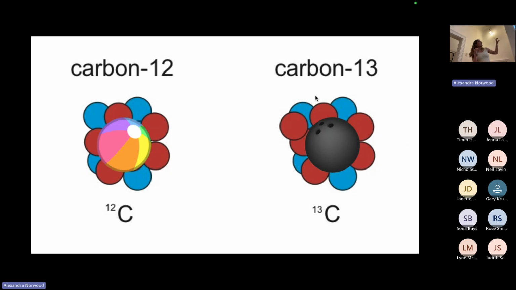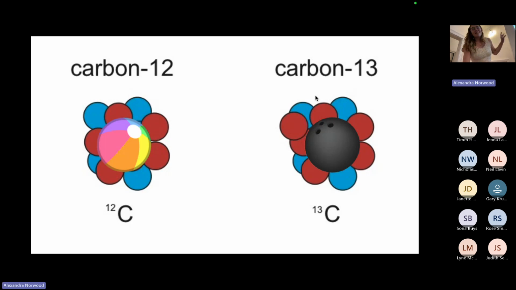The way that I like to visualize this is to say we can have a bowling ball and a beach ball that are the same size, but very different weights. And that's a good analogy for isotopes: we have these two elements that are the same size, which is how we define an element like carbon, but are different weights. And in plant foods, there are different proportions of these different weights of carbon. So we can look at that proportion and say this was a grass or this was a shrub, and figure out what an animal was eating in that way.